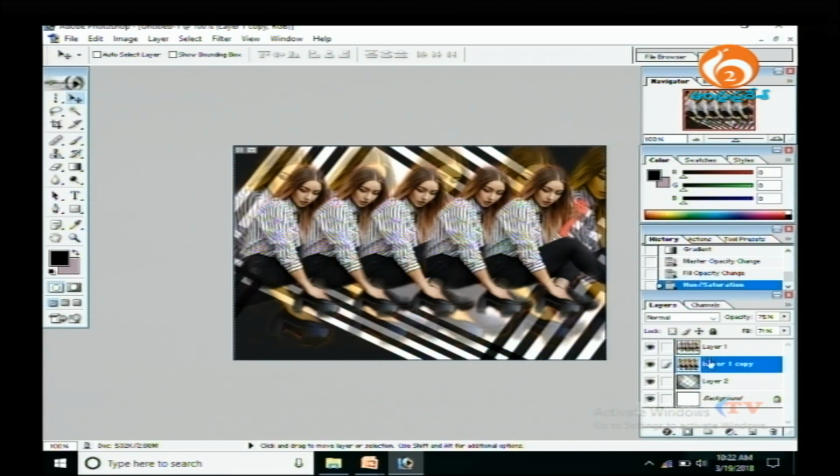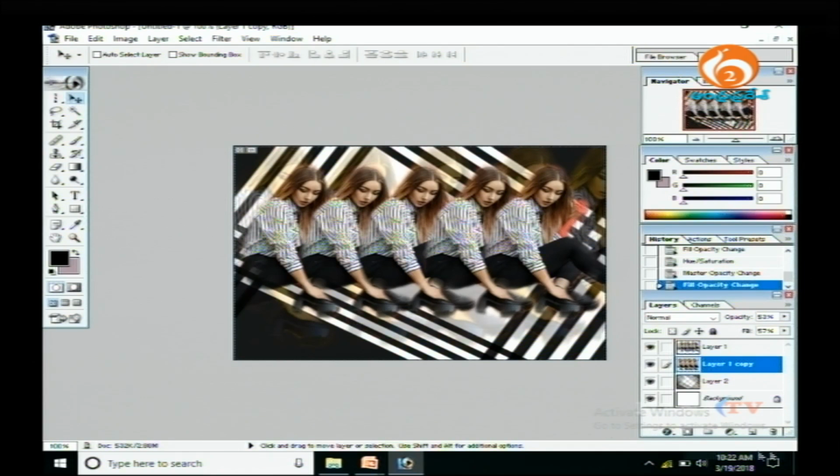So this is what we have done. Then decrease the opacity and the fill. So now this gives an extreme tagline,